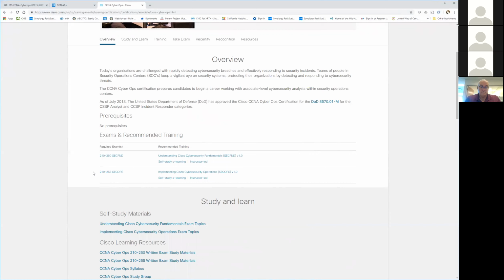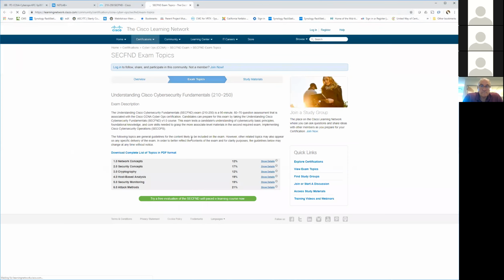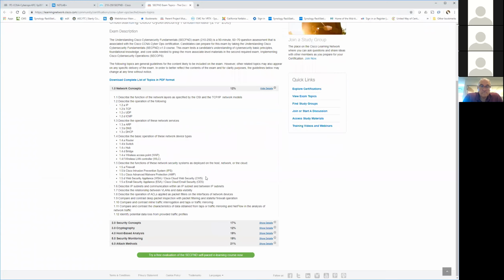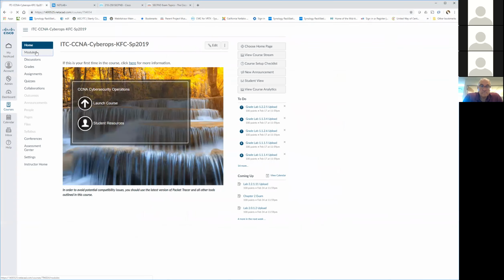And at first, I didn't think that was a good idea, but after having taken both exams, I actually think it is a good idea because there are some questions in both that overlap, all right? Hopefully all of you do this: when you get ready to take an exam, you go to the exam site and look at the exam topics. And what I do is I print all these out and make sure I know everything that's under them. So if your students can do that, and in fact, when you get the class